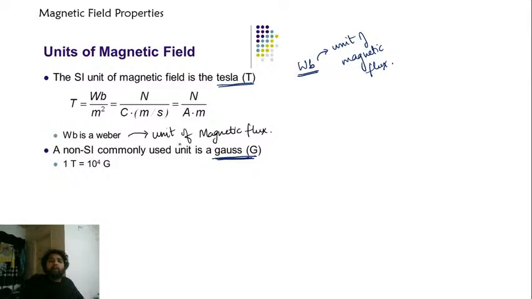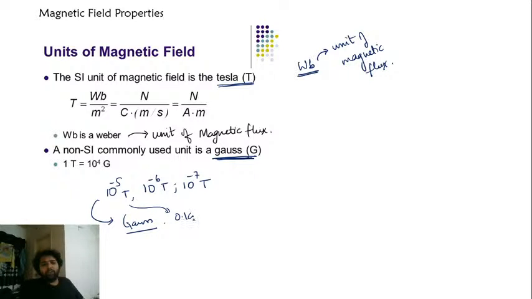A non-SI unit generally used is Gauss. Gauss is also used, but Tesla is also used. 1 Tesla is 10 power 4 Gauss. Generally the magnetic field intensity is very less. So we use Gauss because it is more related to normal values. Tesla generally is very high, so anything you want to find in Tesla will be very huge. The generic values you will get are in terms of 10 power minus 6 Tesla, 10 power minus 7 Tesla, everything 10 power minus 5 Tesla. So instead of all these, we will start using Gauss. Getting it? So each Gauss will become 0.1 G, 10 power minus 2 G. Those are also decently strong magnetic fields, and that is what we will be getting.